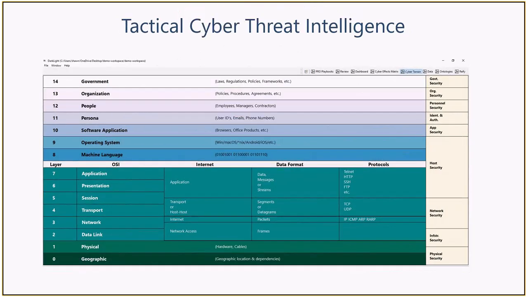wedged between two real-world objects: the physical device at layer 1 here, and the physical person at layer 12. That really helps defenders think through where different things are and where they might want to look for information or apply threat intelligence in their ecosystem. If you have something coming in through the network, going all the way up to becoming a session, then being put together from all those raw packets and sent to an application, so that it can be processed by that application on some device and presented finally to a person,